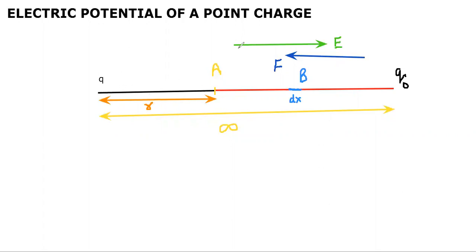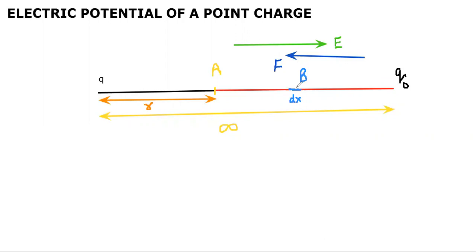Now this green line is the direction of electric field in the system because both are positive. It is positive charge, so electric field would be this way. And I'm bringing Q naught towards A. The force between these two charges is repulsive, that is away, but Q naught is coming against the force. So this is the external force that is being done on Q naught to bring it from infinity to point A.